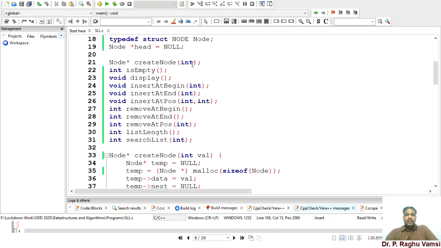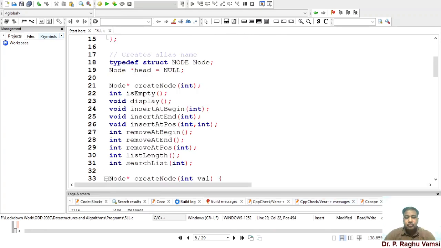So far we have done the creation of node, is empty, display, insert at begin, insert at end, and remove at begin. Now, before moving on to the next function definition, as we have seen previously, whenever we went for inserting at begin, then we went for defining removing at begin, then we did the insertion at end.